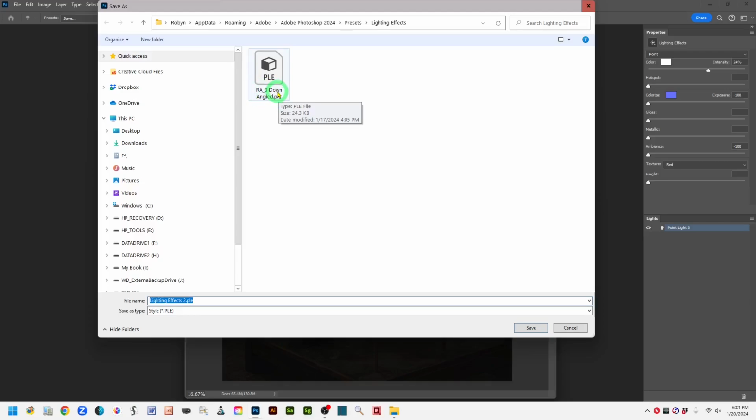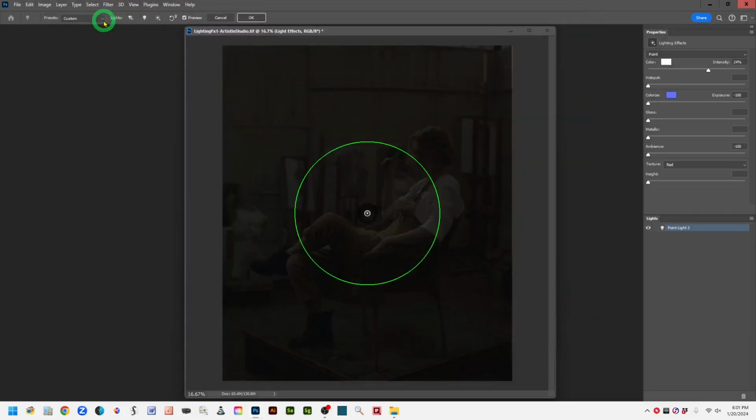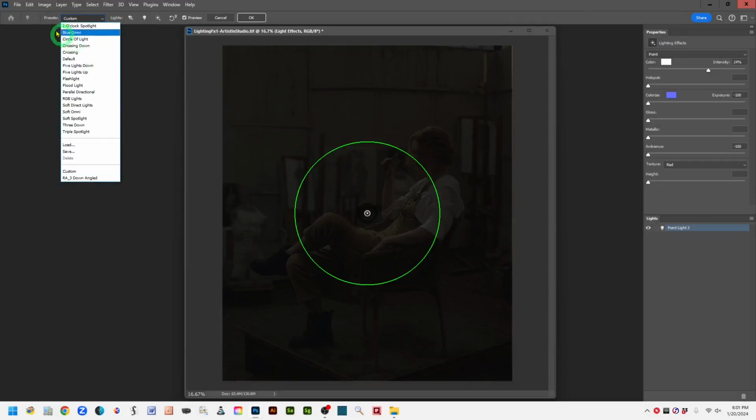I have 3 spotlights down and they're all angled, and it's got that .ple extension. Once you get the name that you want, hit save. I'm not going to do that because I'm not saving anything right now. And then once you have saved, when you come back to this presets box and custom box, you can either